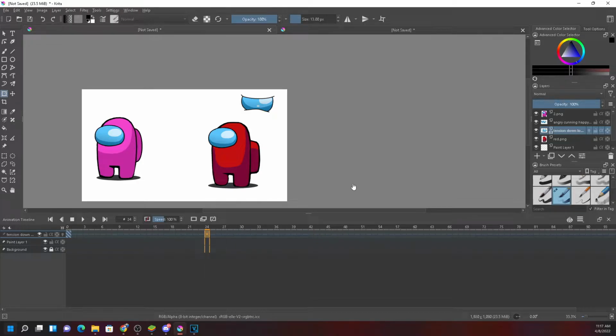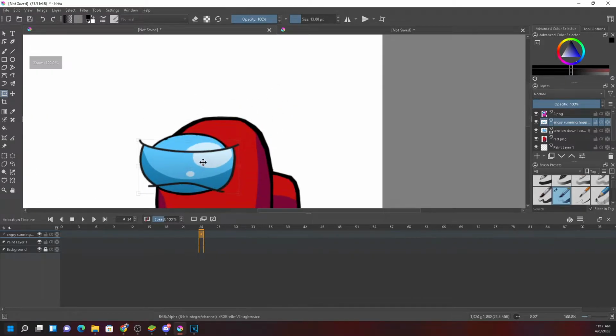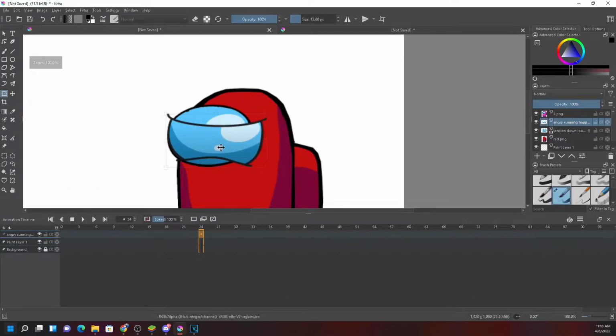So what should I do? First, you need to place this. Go to the angry eye layer. Select this one because you are in a different layer, right? It's a normal eye. You can't select like this. In Photoshop, you can select by clicking on it, but here you cannot select. For selecting this one, you need to click on this layer, the angry layer. So right now I'm gonna place it over here. I'm seeing the position. Is it too big or too small? So I'm adjusting the size by holding the shift key. If I didn't hold the shift key, you can see the size will be disturbed like this.